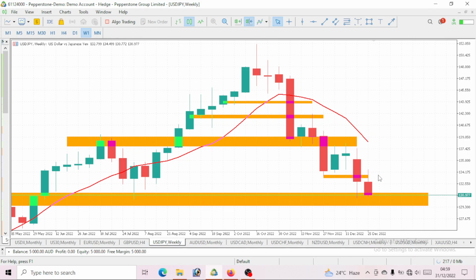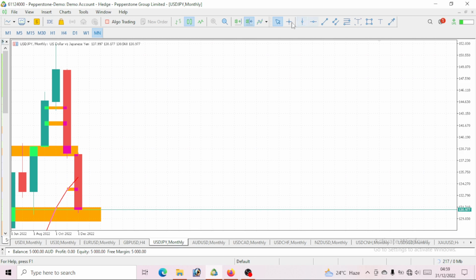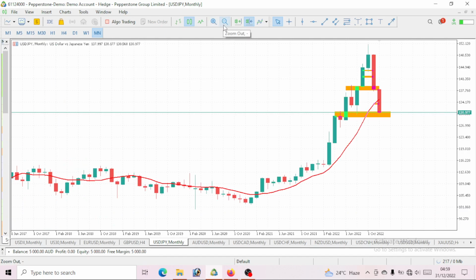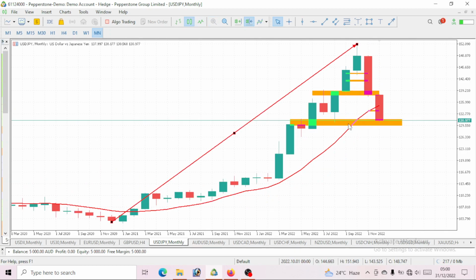So we want to know where this price will be moving for this week, which is the first week of January, of the new year. In order to predict such movement, we have to start from the higher time frame to understand this movement itself. So let's start from 2020 on USDJPY. This 2020 period, USDJPY has been giving us a bullish move. We were having higher highs and higher lows. You can clearly see it. Price is giving us that bullish move.